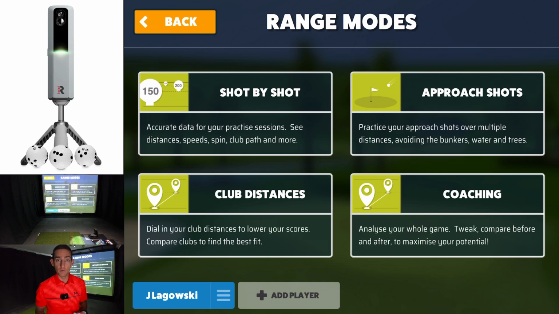We are using Awesome Golf and we're using the Rapsodo. We know that the Rapsodo is highly accurate, and we know that Awesome Golf is the best software when it comes to iOS. So let's jump in. I'm going to head out to the coaching section. You've got a couple of different options with Awesome Golf, and I'm going to go through all of them. The club distance is really good for dialing in your bag, or mapping your bag. But what I'm going to use today is the coaching section,